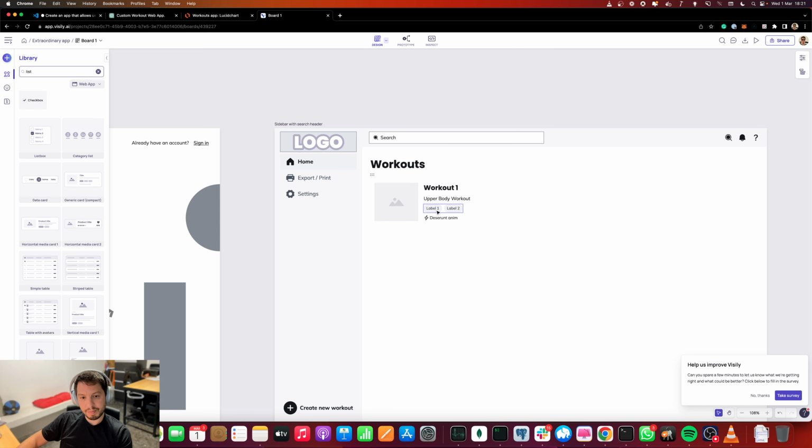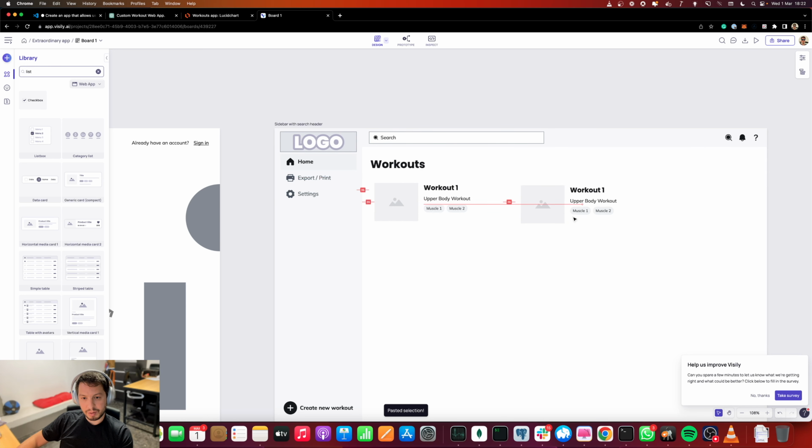We can put Moscow 1, Moscow 2, wherever. Delete this. I'm not sure if we are going to be able to have images for every workout. Maybe, maybe not. We'll see.